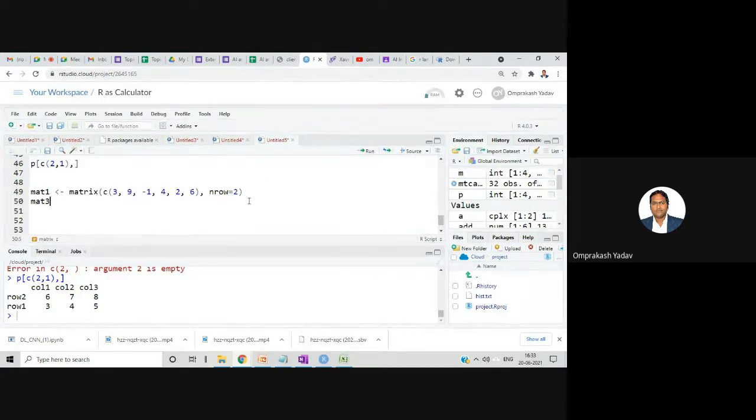matrix 2, let's make it 5, 2, 0, say 9, 3, 4, okay.